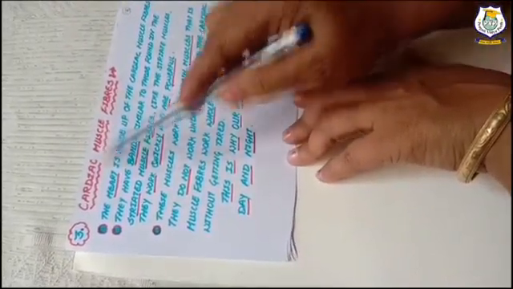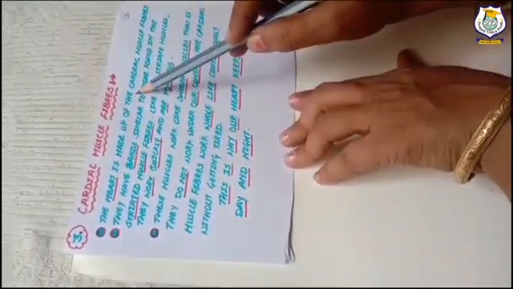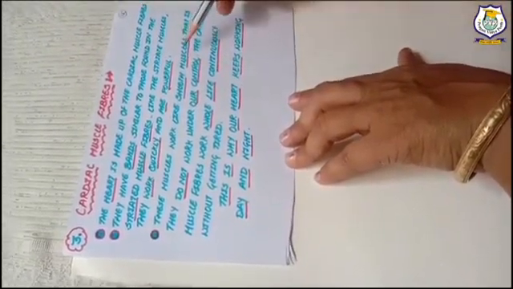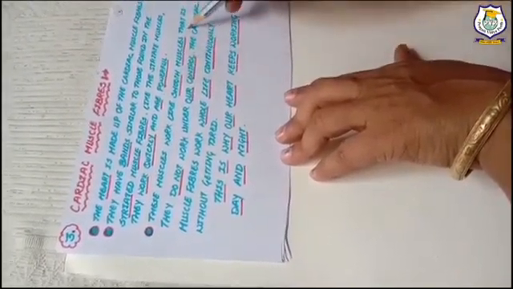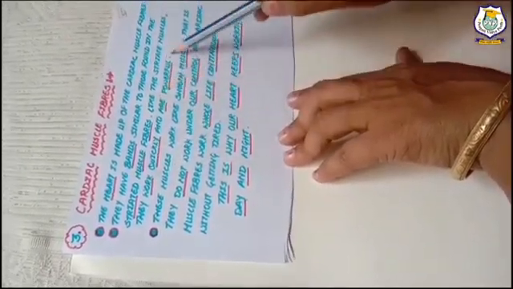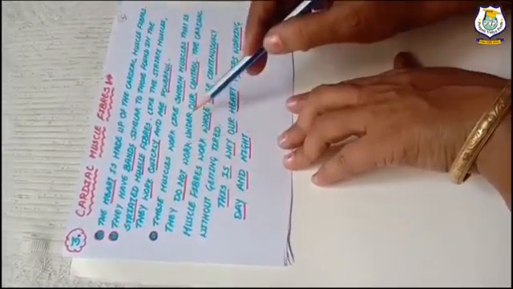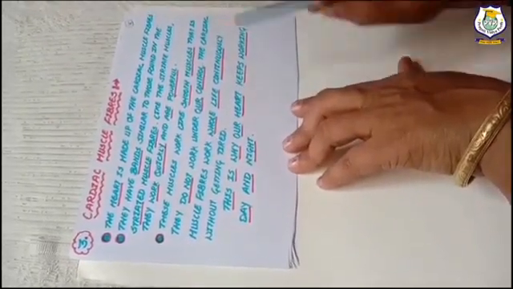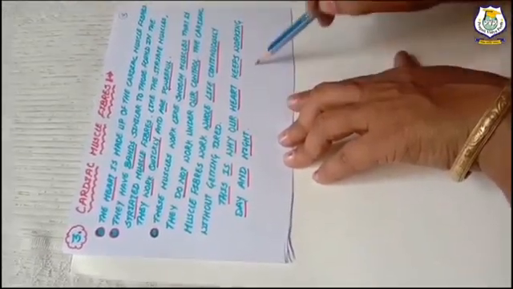So, cardiac muscle fibers are what? The heart is made up of the cardiac muscle fibers, which work on both the patterns, the striated muscle fibers and the smooth muscle fibers. Like striated muscle fibers, the heart works quickly and powerfully, and like smooth muscle fibers, they do not work under our control. The cardiac muscle fibers work whole life continuously without getting tired, and that is why our heart keeps working day and night without getting tired.